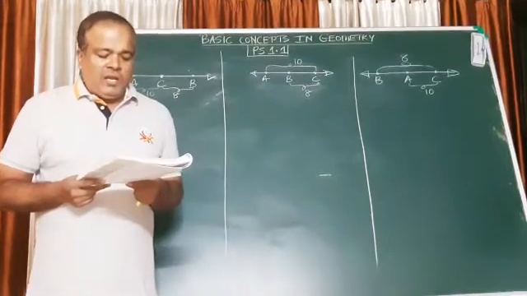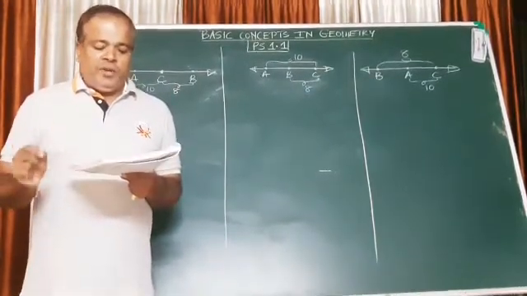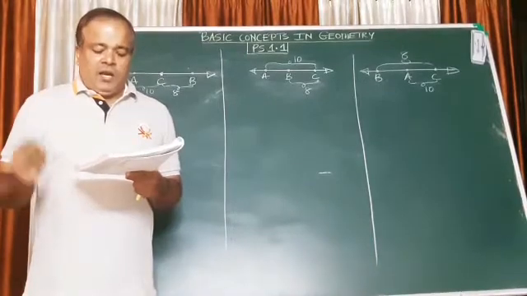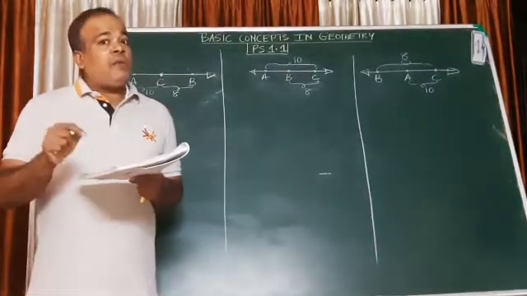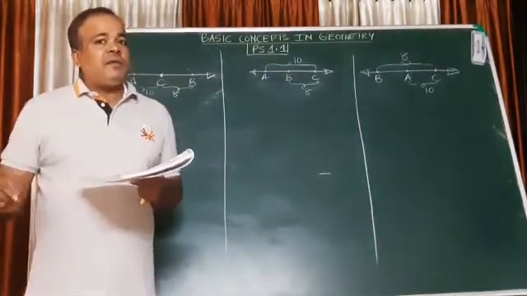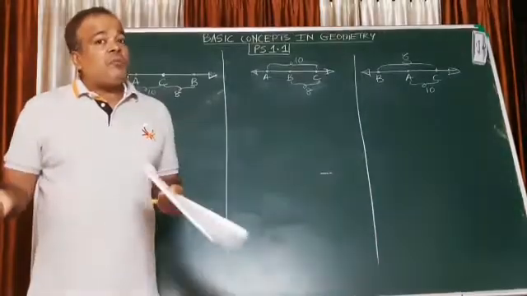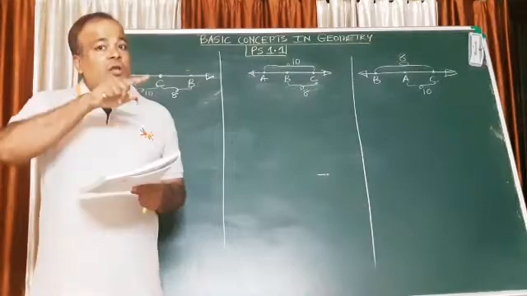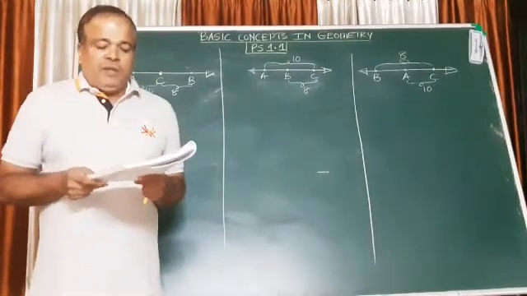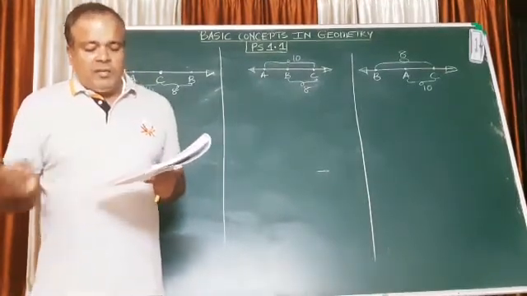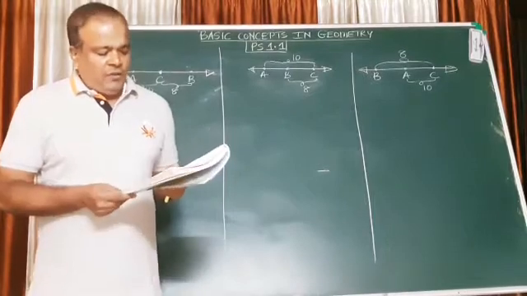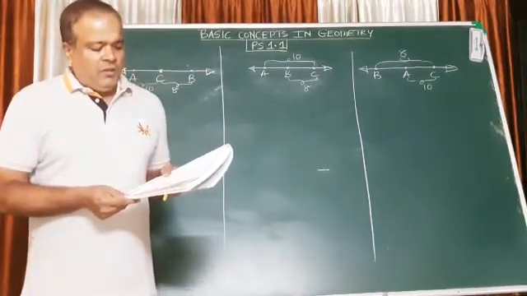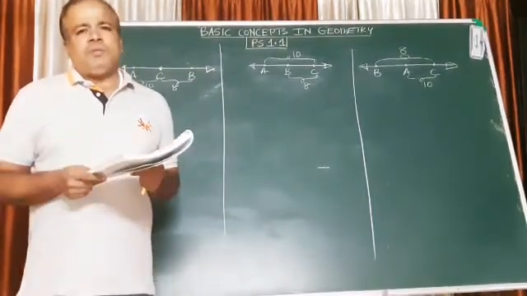Now on a number line, points A, B and C are such that... That means A, B and C are what points? Collinear points, because they are on the number line. Now they are given the distance between A and C is 10 and C and B is 8. Find the distance between A and B considering all possibilities.